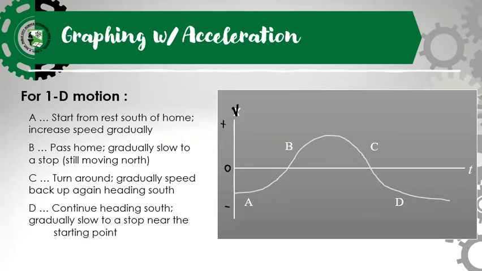Okay? And then, sa statement B, so this is the first line for statement A. Sa statement B daw, you passed your home, your past home, gradually slow down to a stop, still moving north. Okay? So, saan papasok dito yung gradually slow down to a stop? Okay? So, mapapansin natin, kung lalagyan mo yan ng mga tangent, okay, tangent, tangent. So, mapapansin mo dito, sa peak niya, yung tangent na mabubuo natin is a straight line with respect to our